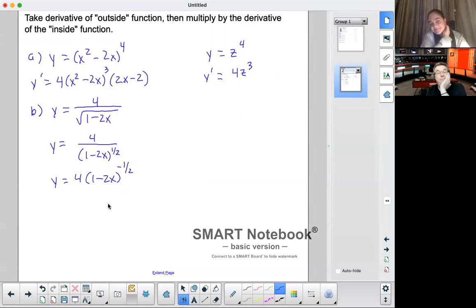Okay. So when taking derivatives, coefficients just stay there. They hang out and wait for something to happen to them, right? So they have no bearing on the rules of taking the derivative. So now my outside function is the negative 1/2 power, right? Okay. So we're going to start the chain rule. And so you want to take a crack at the first step here? Yeah. Okay. -2. Yay. And then keep the same in the brackets.